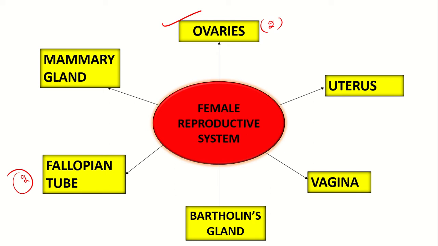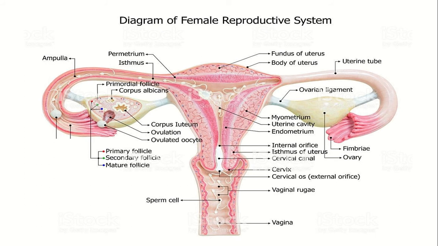So today we will study about the ovaries. What are their structure, how they are formed. So before getting into the topic, see here, this is the image. These two are the ovaries, pair of ovaries I have already said. So these two are the ovaries, and here is the fallopian tube. This tube like structure is the fallopian tube.